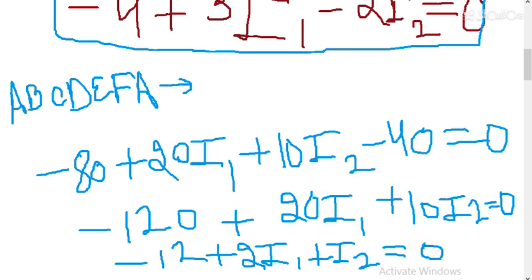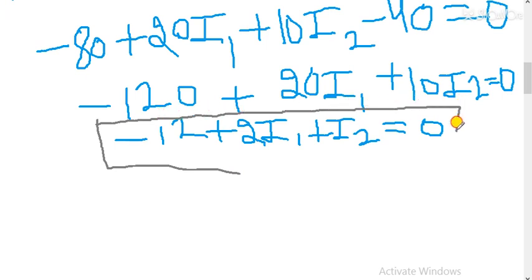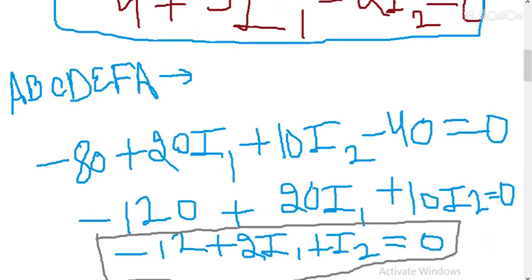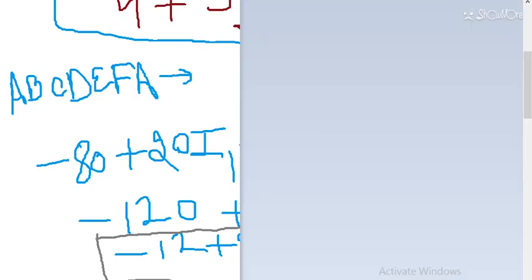Approximately, if I solve it, then it will take 6 to 7 minutes, and if you solve it, then it will take more than that time, because these types of questions require calculation, and I am drawing it and writing it in Paint, so it will take some time. So this is the second equation that we got in terms of I1 and I2. So now we are available with two equations. I will try to, okay, so that you can see the equations properly.